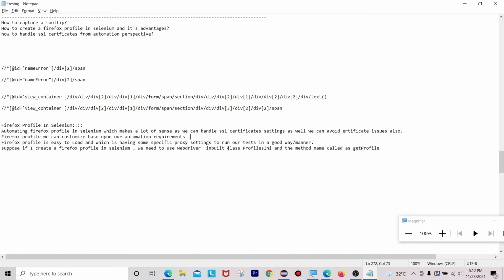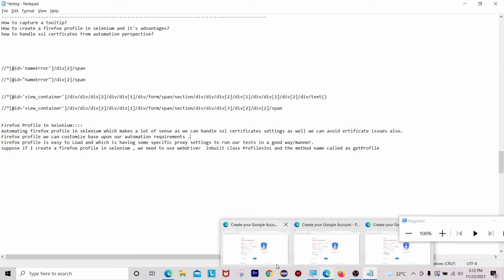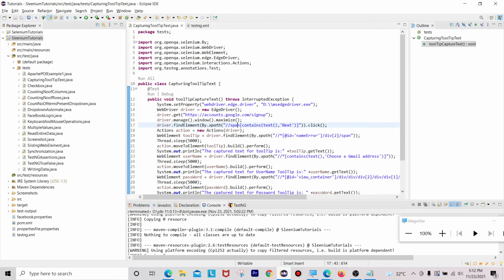So let's get started with our example now. Let me open our Eclipse. For this I am going to use a Firefox profile, so I can create one separate class.